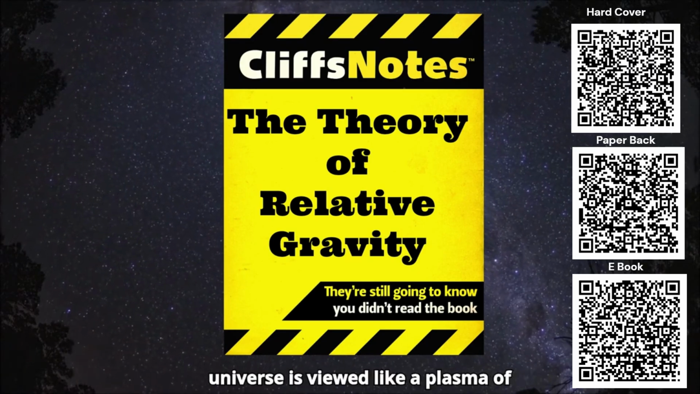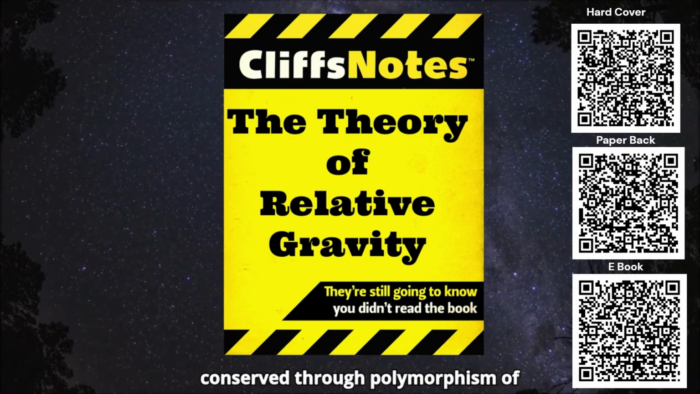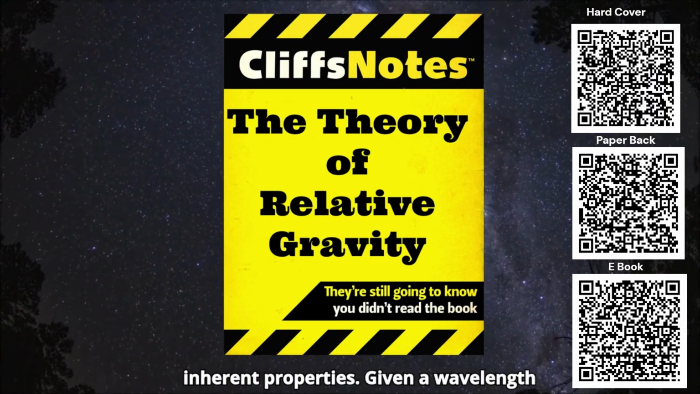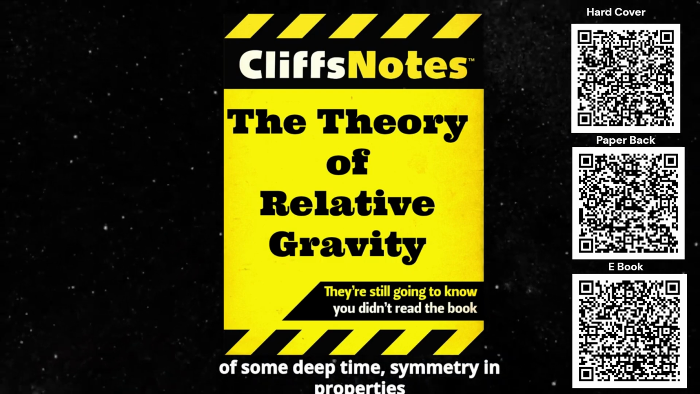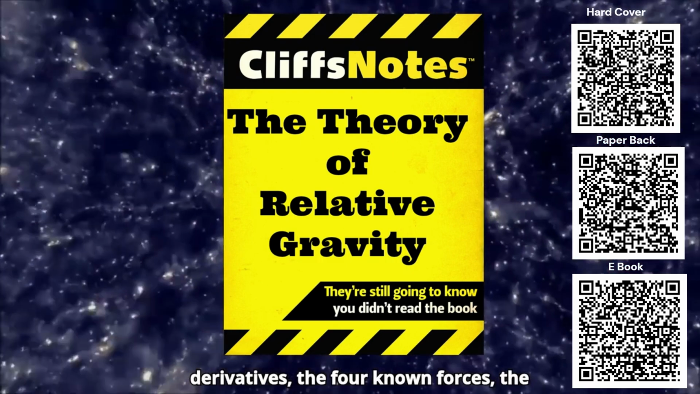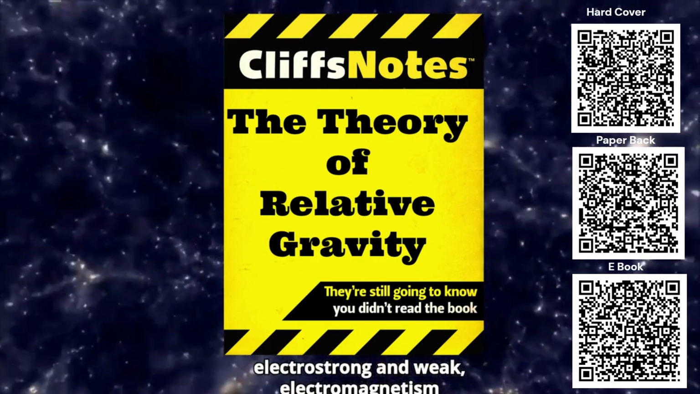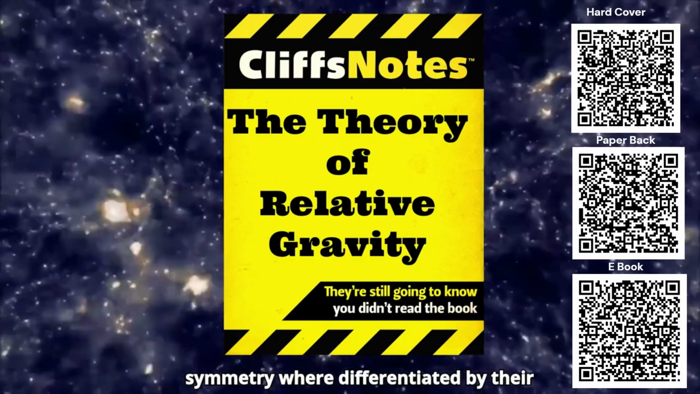The fundamental universe is viewed like a plasma of alternating currents. Symmetry is conserved through polymorphism of inherent properties. Given a wavelength of some deep time, symmetry in properties is not at the exclusion of randomness. As derivatives, the four known forces, the electrostrong and weak, electromagnetism and gravity, are considered to share symmetry where differentiated